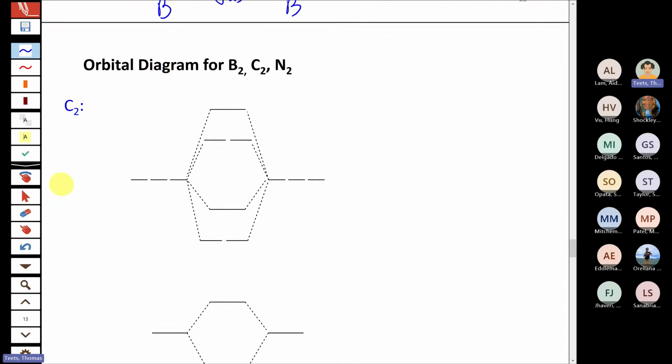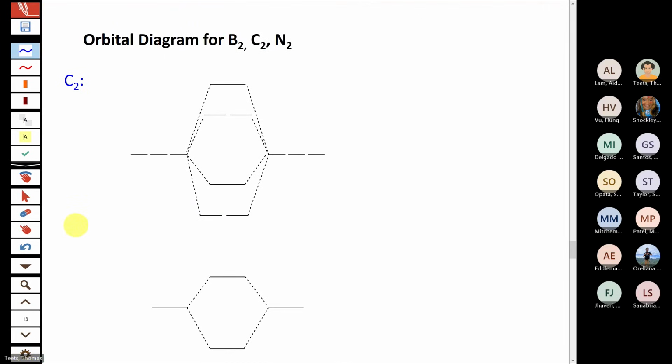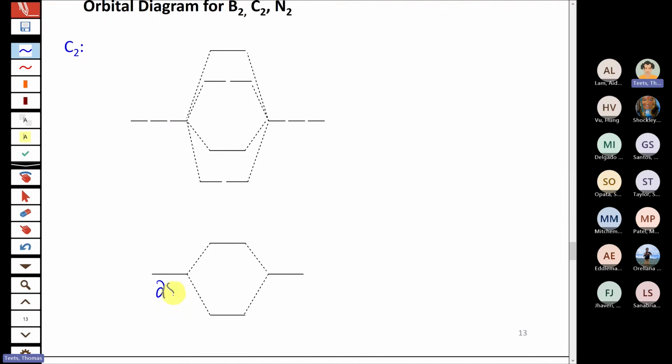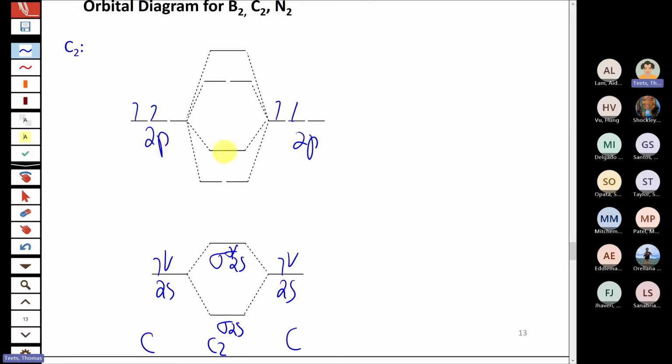If we go to C2, dicarbon, again, we flip the order of those two orbitals. So same exact orbital diagram. So quickly label it. 2s and 2p atomic orbitals for carbon, 2s2, 2p2 for each of those valence configurations. And then we're going to form dicarbon that's going to have a sigma 2s and a sigma star 2s first. Flipping the ordering of these two, so we get pi and then sigma for the 2p's. And then the ordering of these always stays the same, pi star and then sigma star, okay? All right, so that's the ordering for dicarbon.